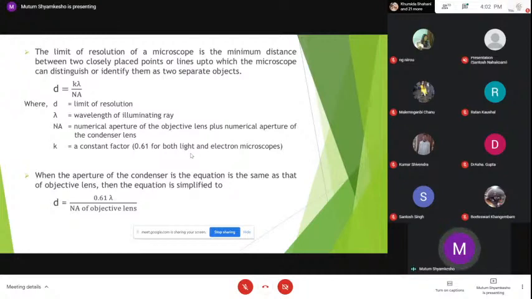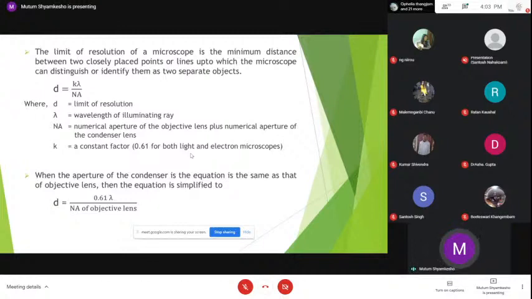And when we are using the electron microscope, the value will be the wavelength of the electrons. Then another value, NA, is the numerical aperture of the objective lens plus the numerical aperture of the condenser lens. And K is a constant factor, and the value of 0.61 is taken for both